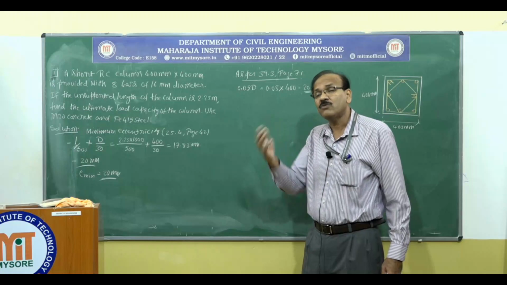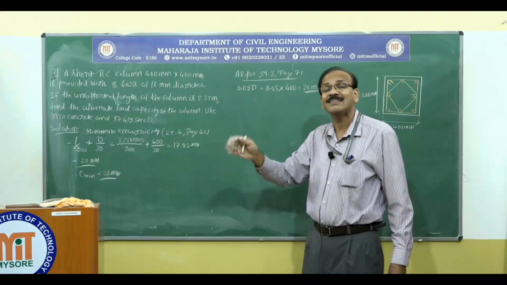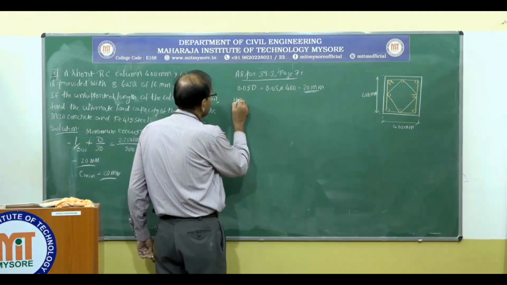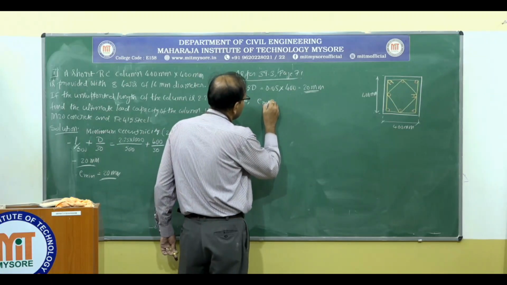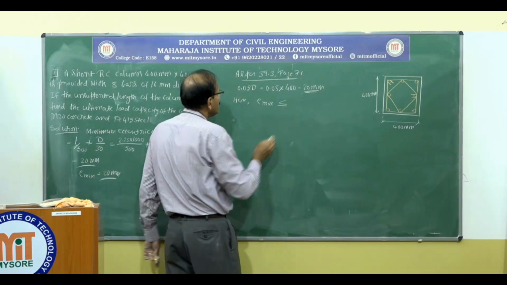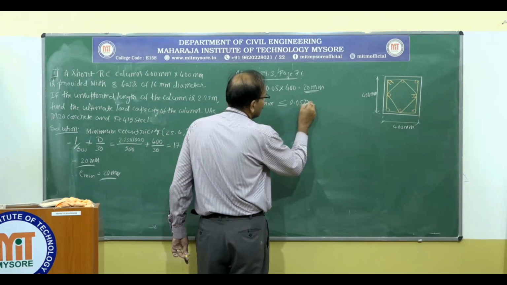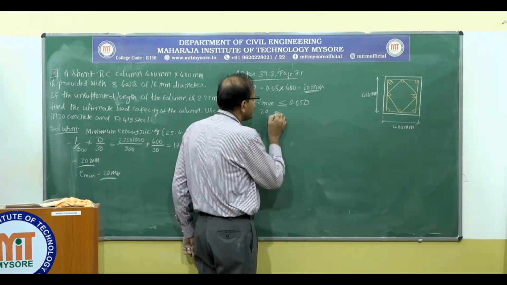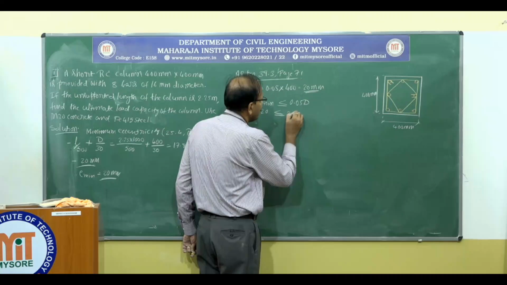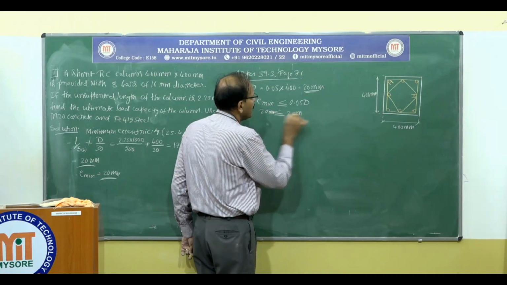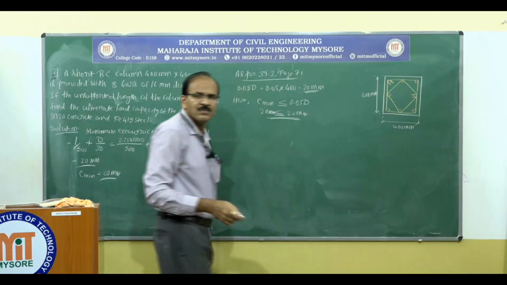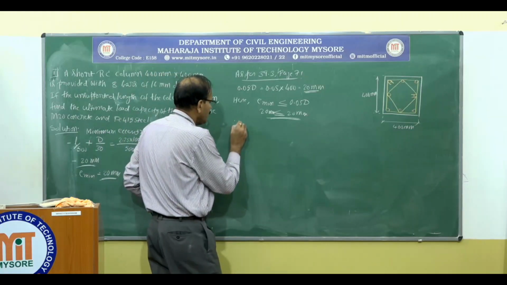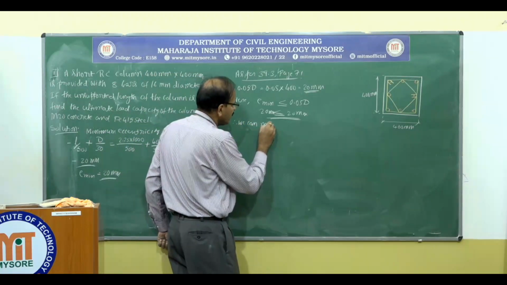So what we can do is make use of the formula given in 39.3. I am going to write here: E minimum should be less than or at most equal to 0.05D. So what is the E minimum value? 20 should be less than or at most equal to 20 mm. That is 20 mm and 20 mm. So this equal condition is satisfied. Therefore, we can make use of the formula